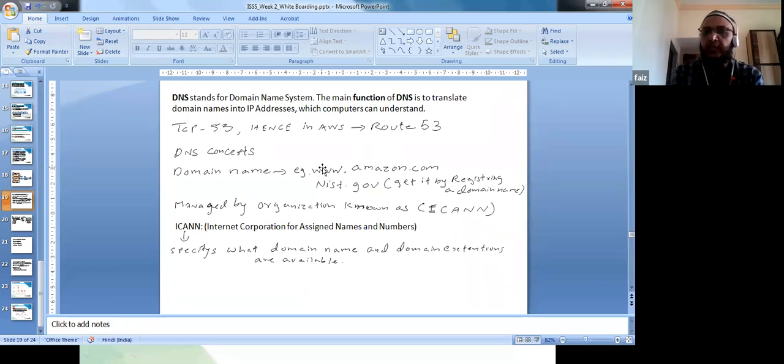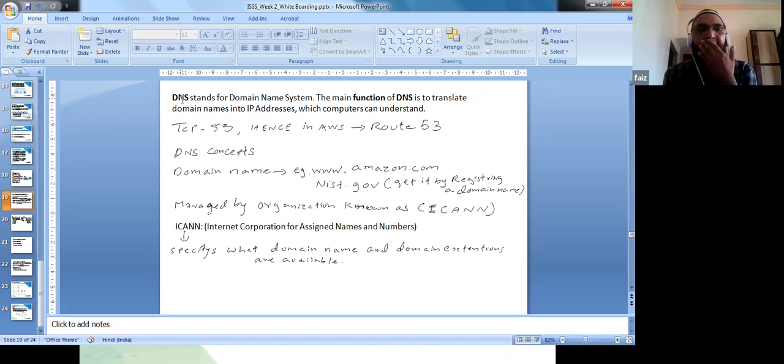As I cannot remember an IP address like 82.12.11.14 every time, what is the feasible way? www.amazon.com, or www. whatever name, and .com.